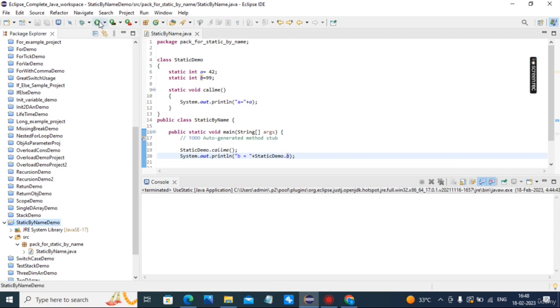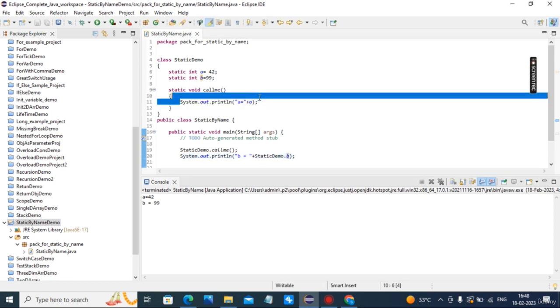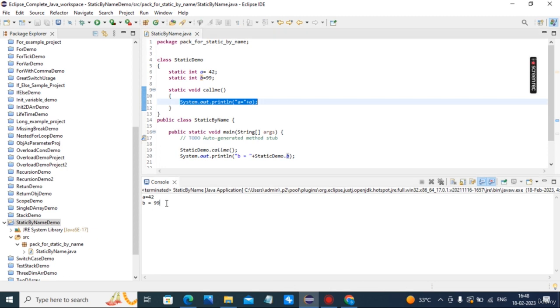Now I will run this code. b is equal to 52, which is written here. We will call class name dot method name, and b is equal to 99, which is accessed directly, static demo dot b.